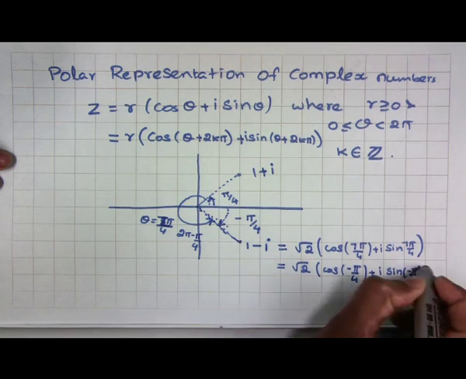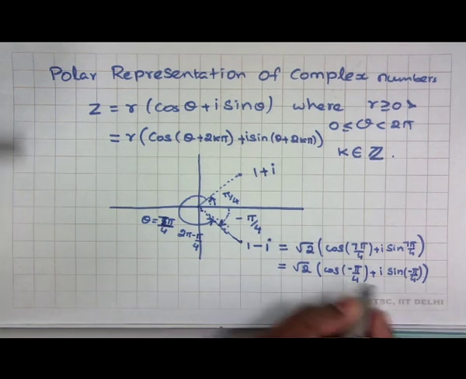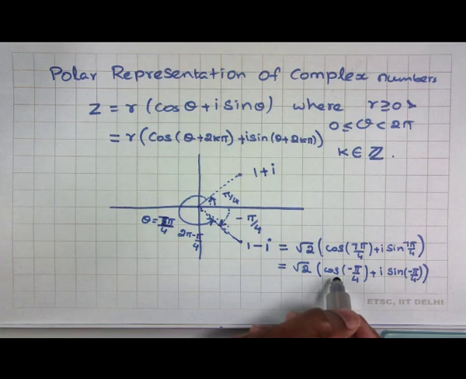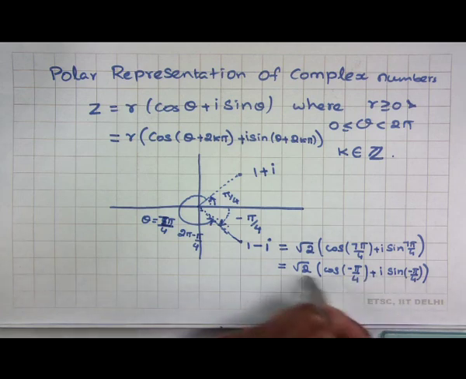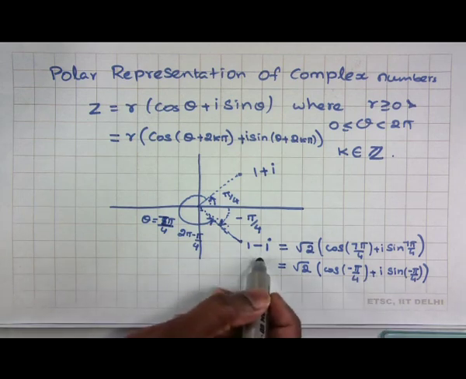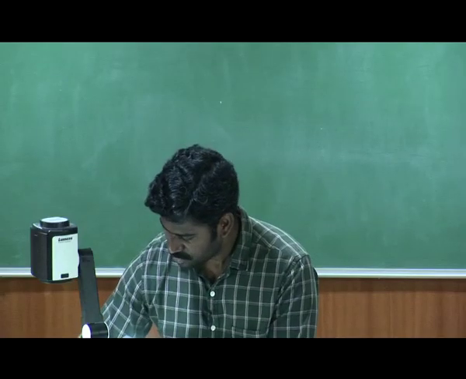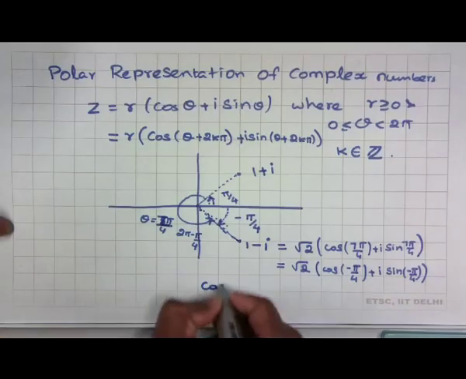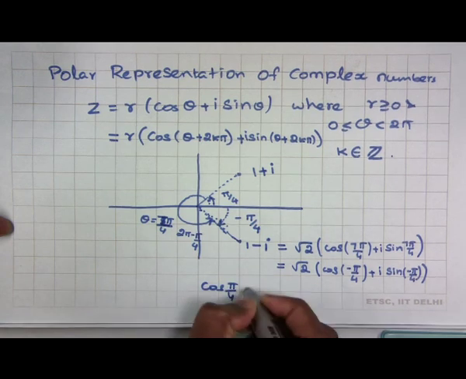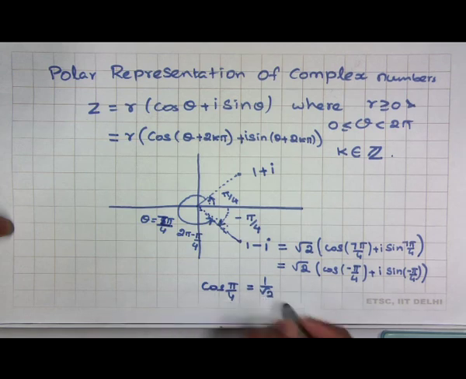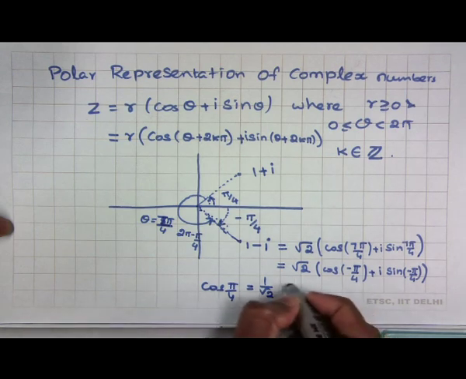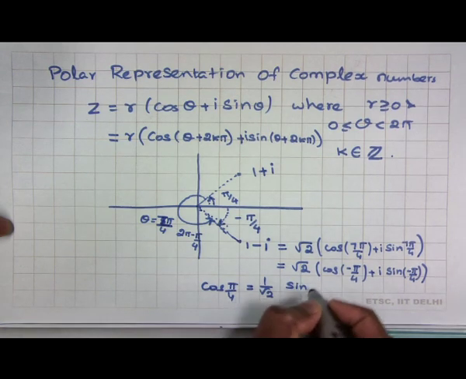plus i times sine of minus pi by 4. This is easily verifiable because the cos function is an even function and the sine function is an odd function. Using this, immediately we see that this particular quantity is equal to 1 minus i. So, the value of cos of pi by 4 is 1 by root 2, and similarly the sine of